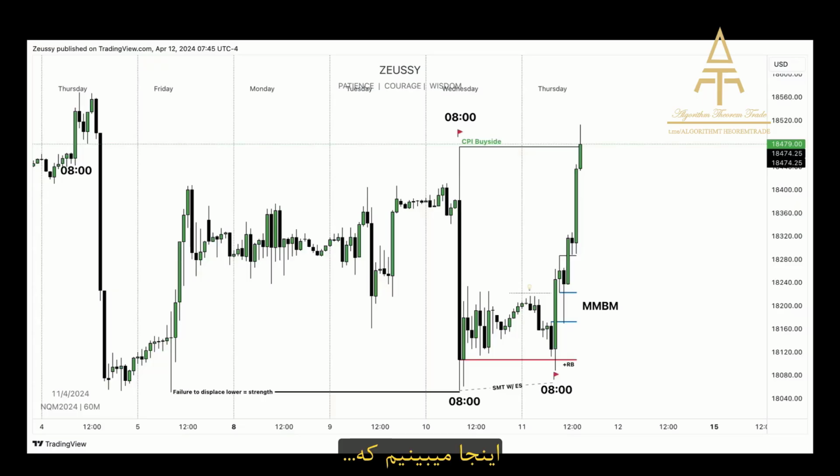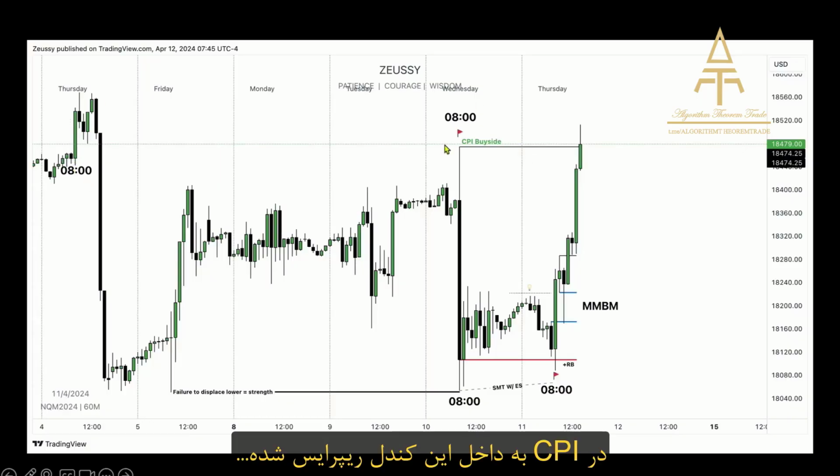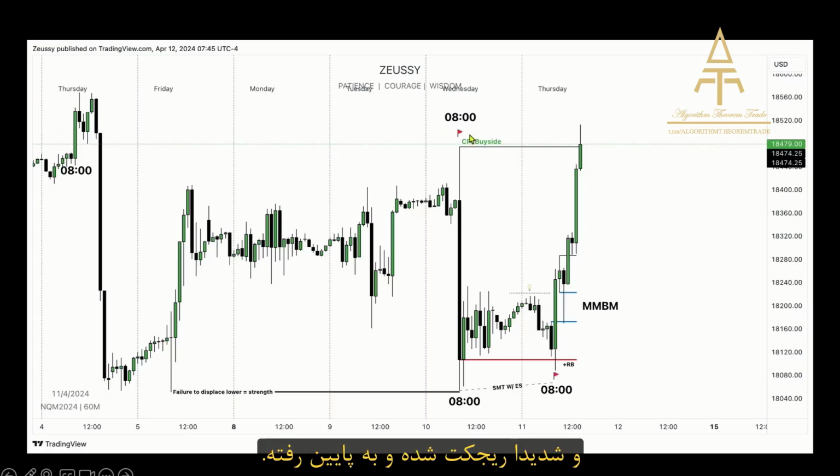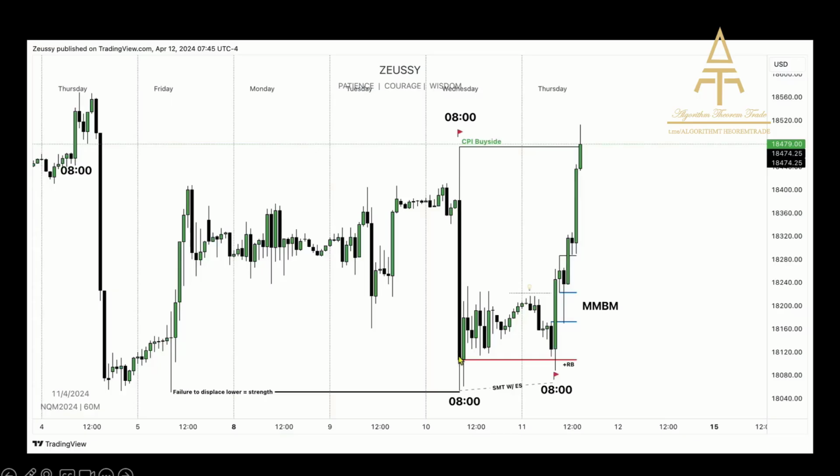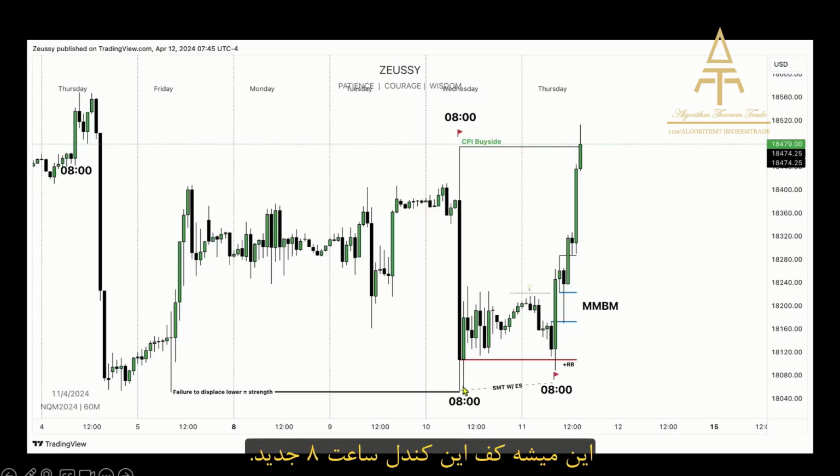So what we can see is the following. We can see first of all that this ATM candle was right here, this big upclose candle. Then on Wednesday with the CPI release, the market repriced into that ATM candle right here and then immediately formed a high and rejected it. It traded lower. This low forms, of course, during that CPI release, meaning this is the low of that ATM candle.